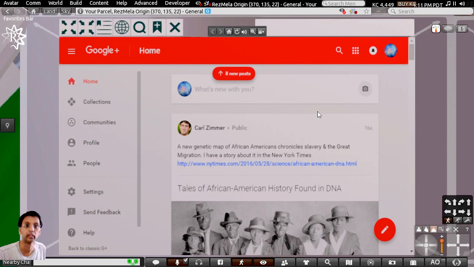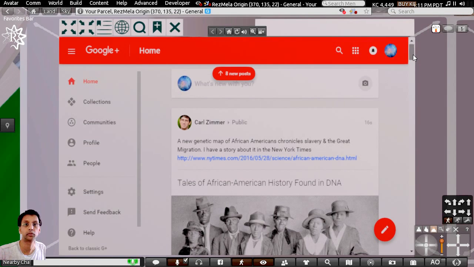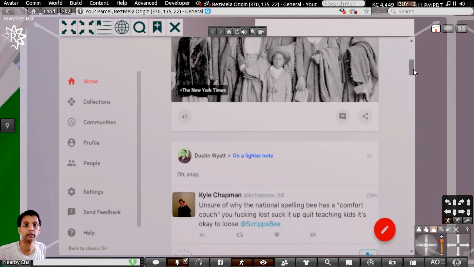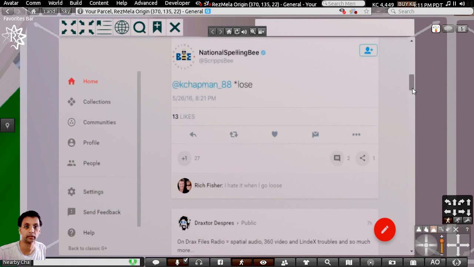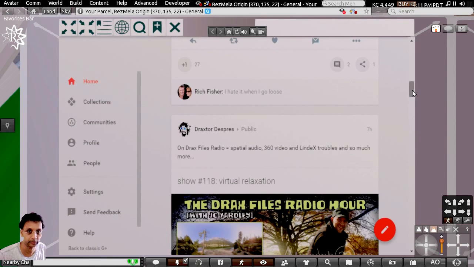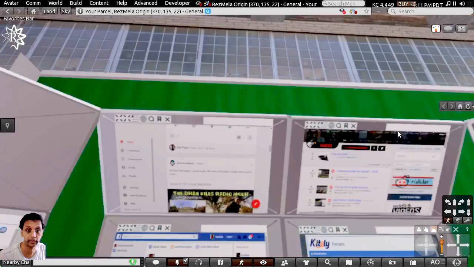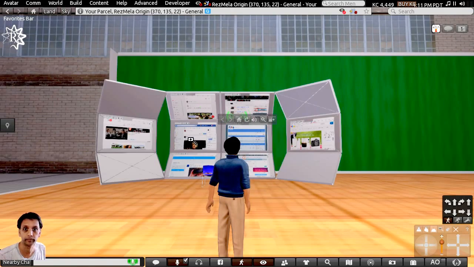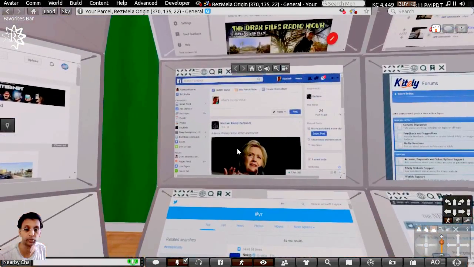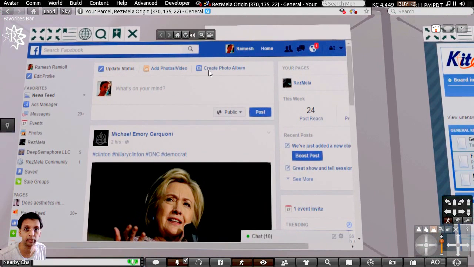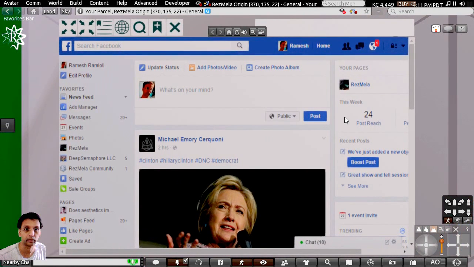so I can actually just scroll through and read the various posts on G+, for example, because I use G+ quite a lot. I also use Facebook, so I've got this display here, and I can see what's going on.